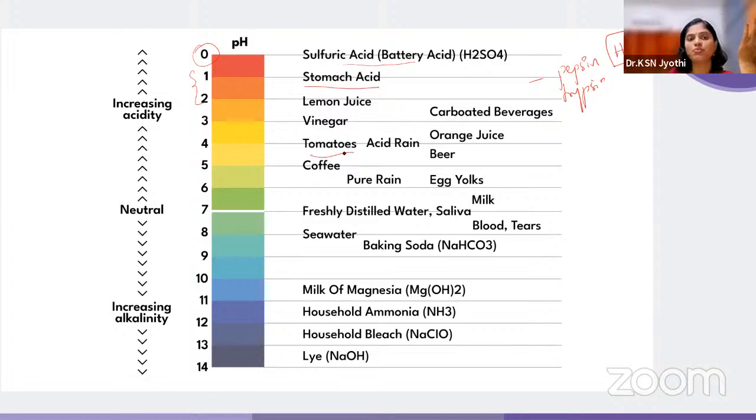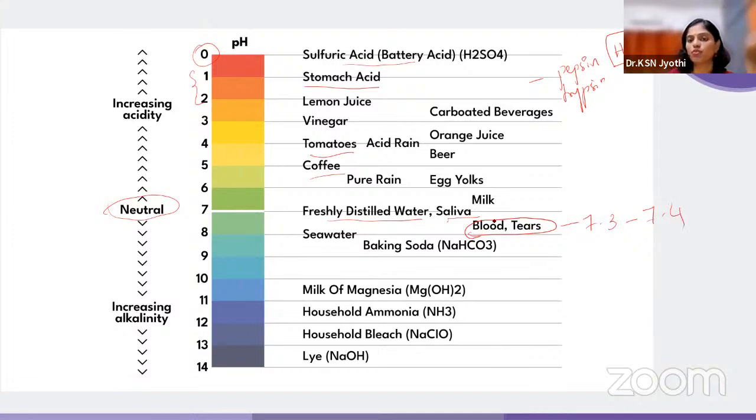Then your tomatoes have a pH of 4, coffee 5. Now, what is a neutral solution that we commonly know? Freshly distilled water has a pH of 7. Saliva is at a pH of 7. You understand that most of our body fluids are not actually neutral, but they have a pH of anywhere between